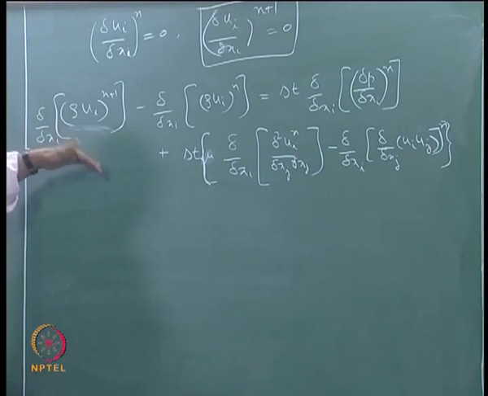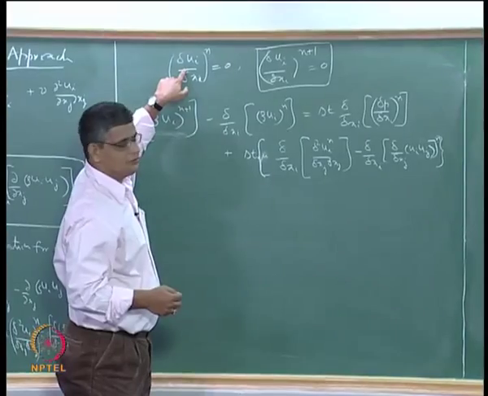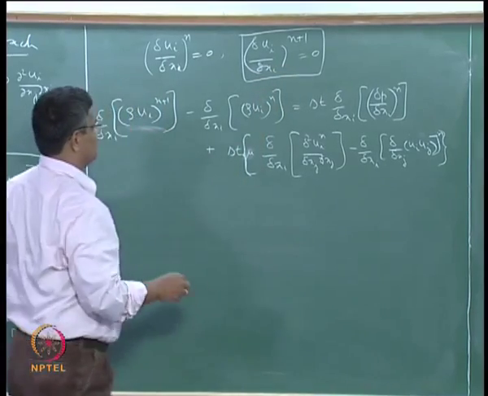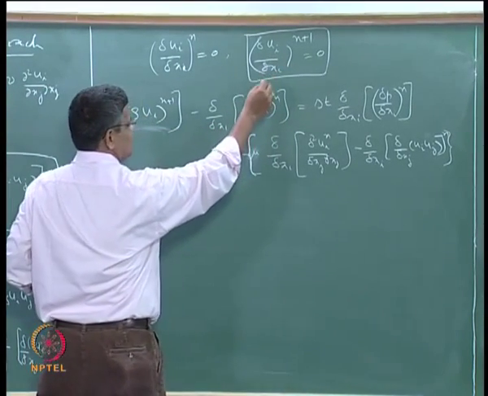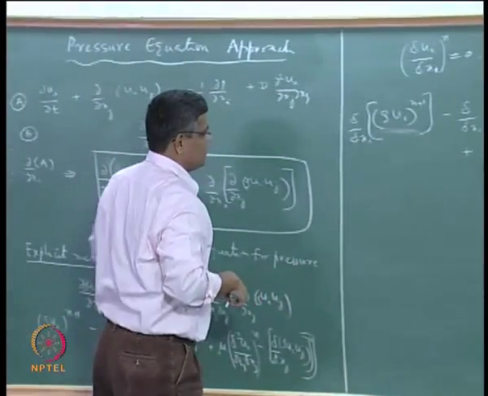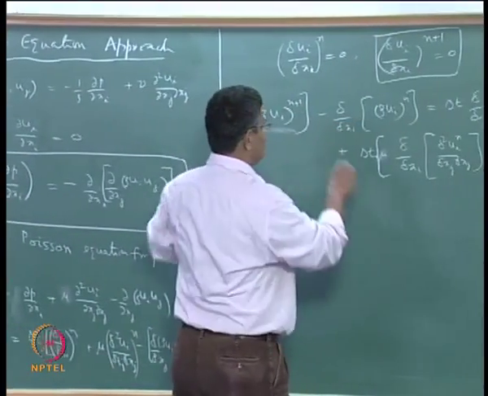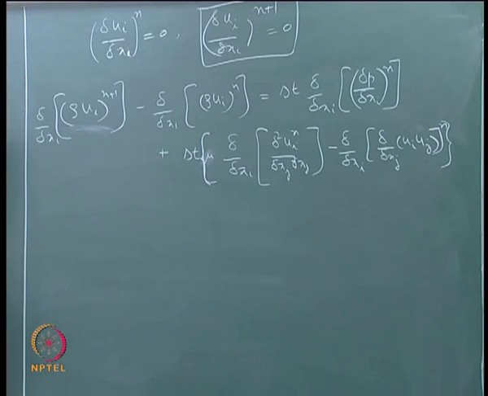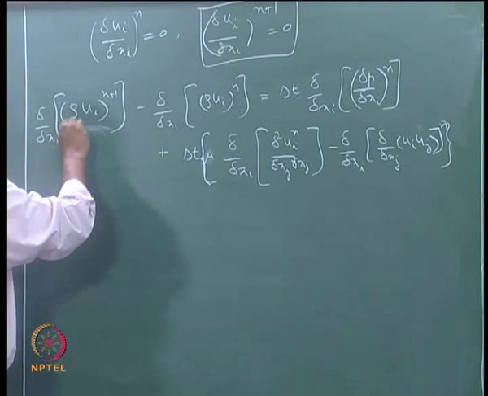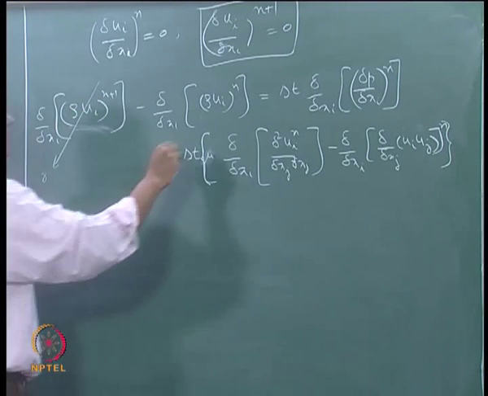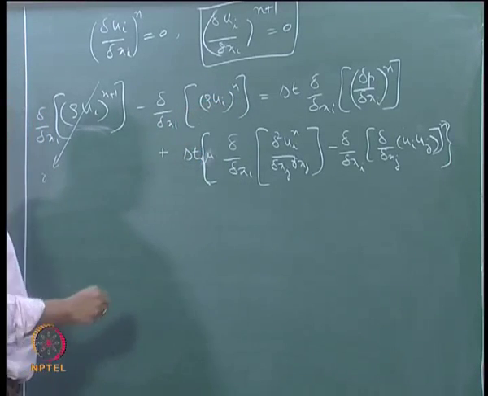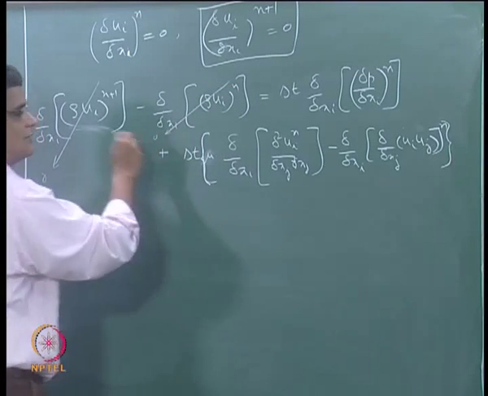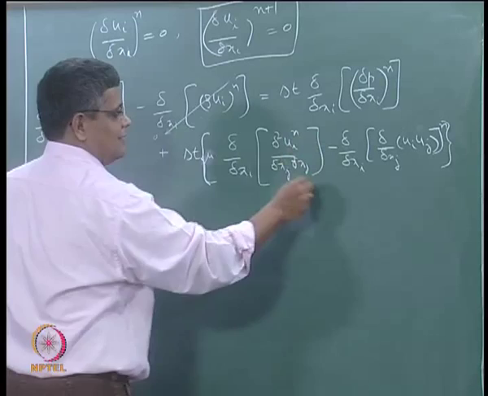Okay, so now here we can impose a condition that this is 0 for continuity. So this term must be 0, and this is a condition that we want to apply here. So we say that for the velocity field at ui n plus 1 to satisfy this, the divergence of the discretized equation must be such that this term is 0. And this term is anyway 0 because the velocity at nth time stage should be satisfying the continuity. Otherwise we can also include this. So we have this condition here.